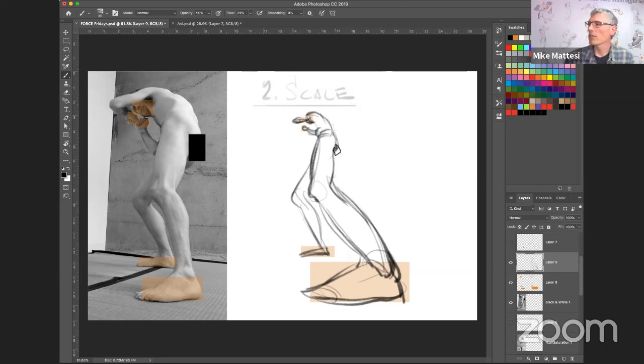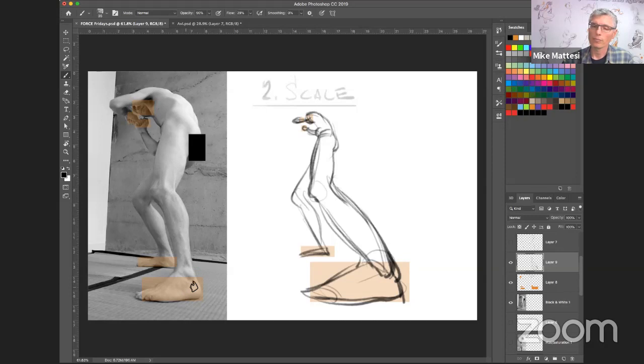So now look at what I did. Off of this reference, I took the same idea of the poses, the same forces of this pose, and look at how much more drama I created out of it through foreshortening and through scale. I gave this much, much more depth than even the photograph had. I think somebody before mentioned the fisheye thing. Fisheye would cause this as well. You would have much more drama towards the center of the lens, and things would get dramatically smaller as they move away around the edges of the lens. So in this case, the lens is down near his feet.